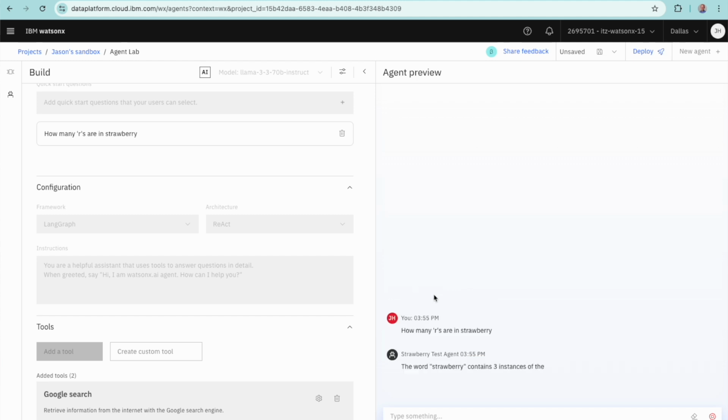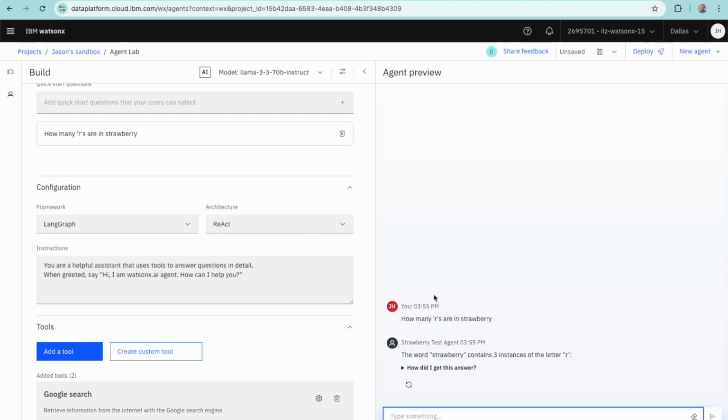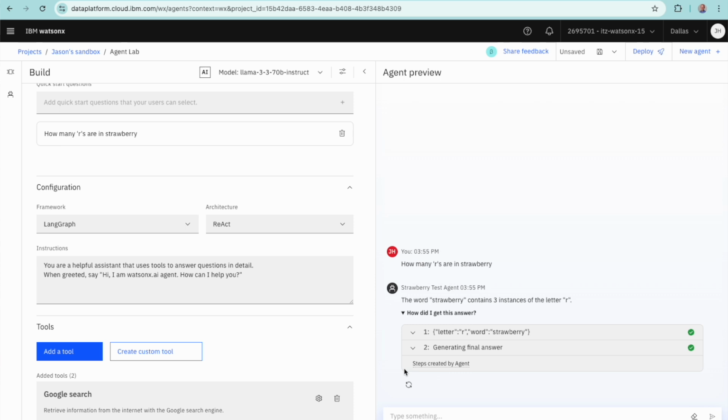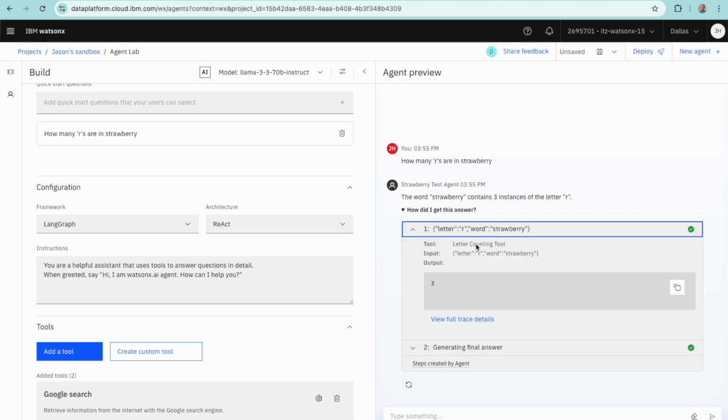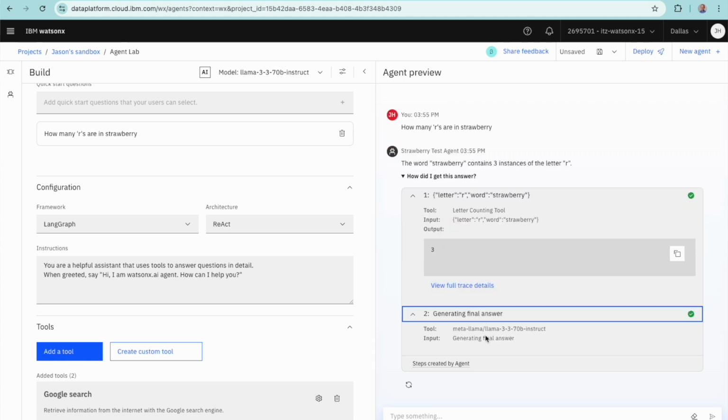But how did it get that answer? Looking under the covers, you can see that the first response from the LLM was a request to call our letter counting tool with the letter R and the word strawberry. Our agent then makes the call to the Python method. The output of 3 was then provided back to the LLM so that it could come up with the final response. This pattern of calling the LLM, calling a tool, and then calling the LLM again is that React architecture